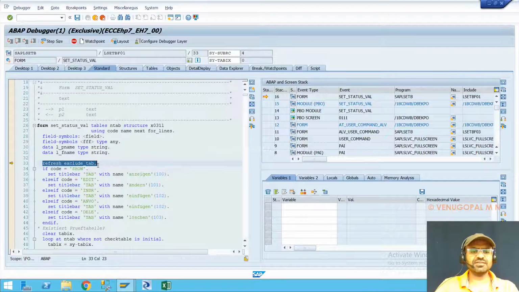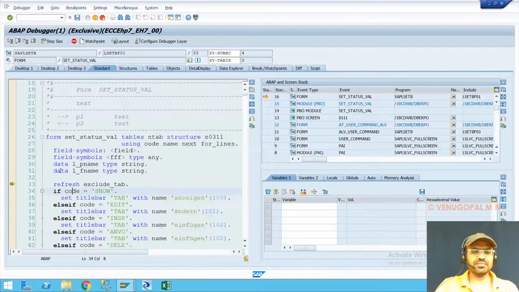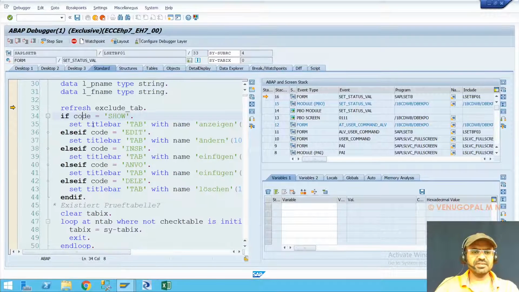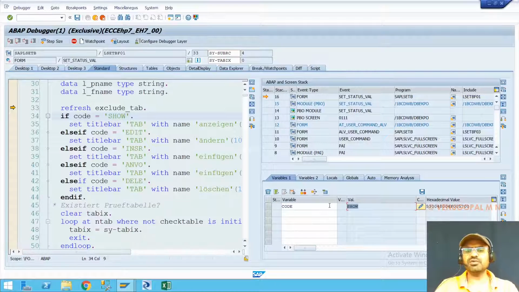So here at line number 34, you can see there is something called code. See, there is something called show. By default, it is show. You just double click on this. By default, it is show, meaning it is in show mode or display mode.